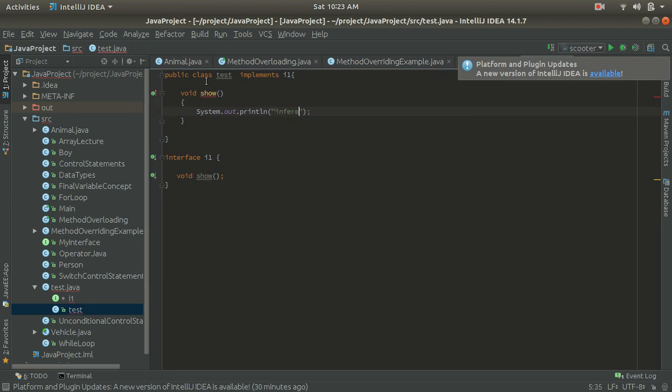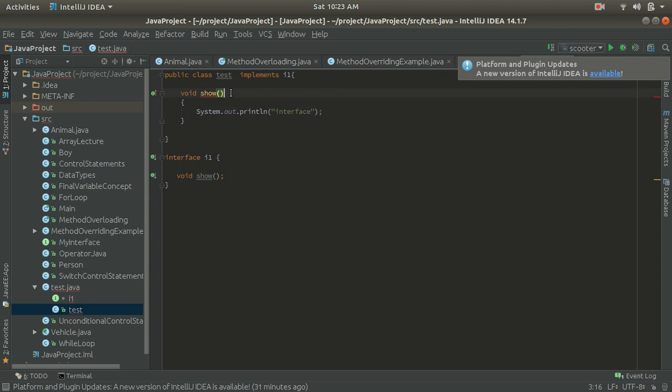Okay, interface, right? So here you can see that we are still getting a compile time error. Okay, and the compile time error says that show in test class with the show in I1 is attempting to assign a weaker access modifier privilege.